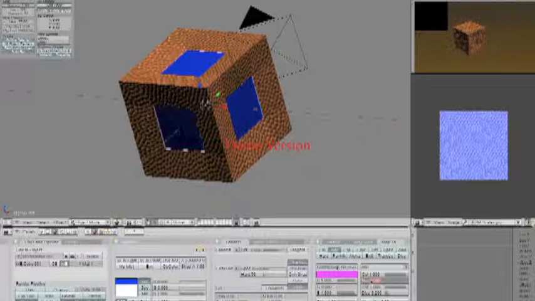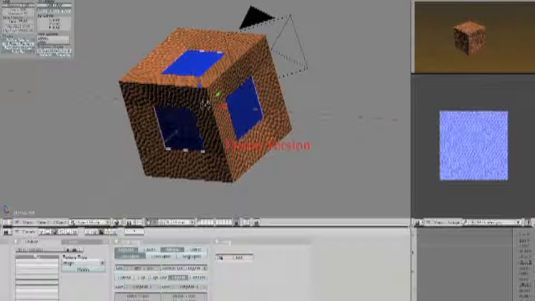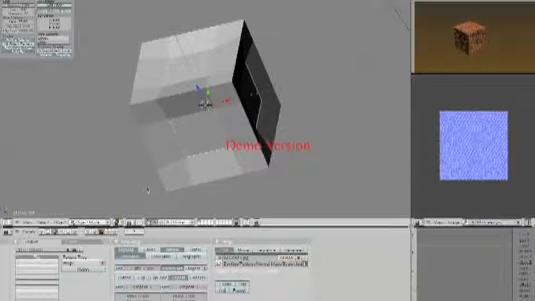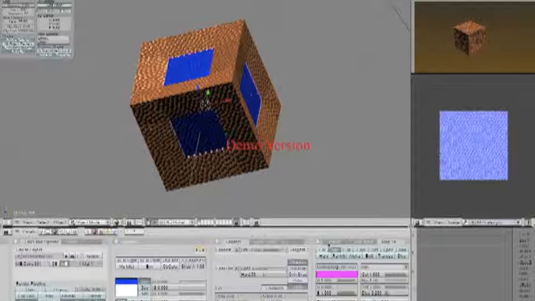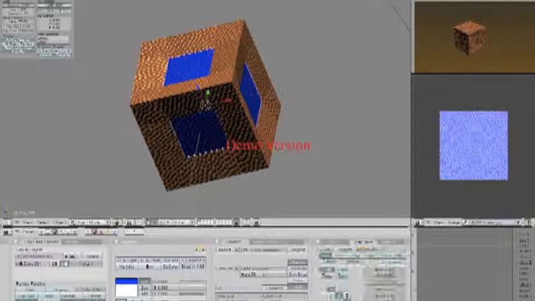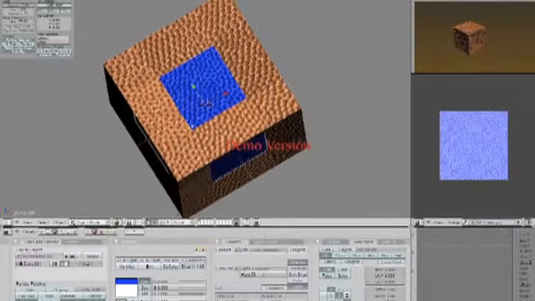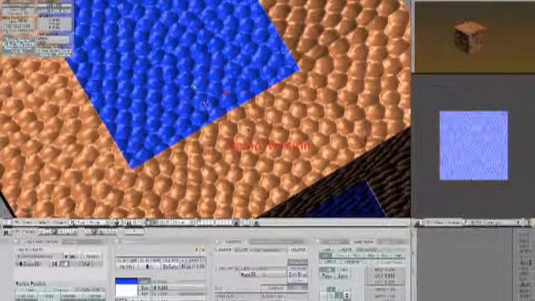So normal to 1. Go to the texturing tab. Select image. Scales, normal map. Go to the shading tab. There we go. Now we got the bumps for your character,